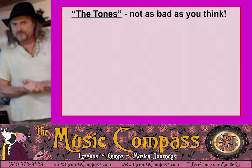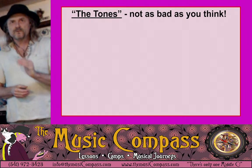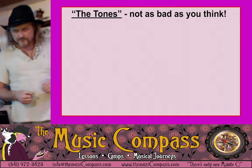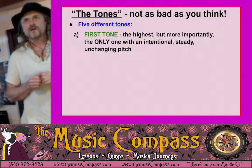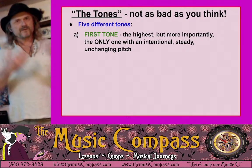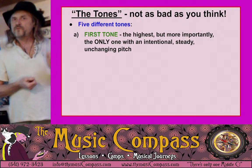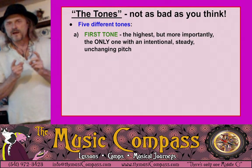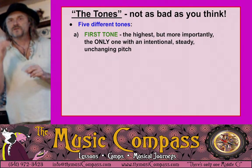Again, if you're a musician and you're used to hearing high notes and low notes, it's not as hard as you think. There's 5 different tones, basically. There's the first tone, which we think of as the high tone, and it is all kind of relative from person to person because we all have different vocal ranges. But the thing that distinguishes the high tone isn't just that it's up here, it's that it doesn't inflect,